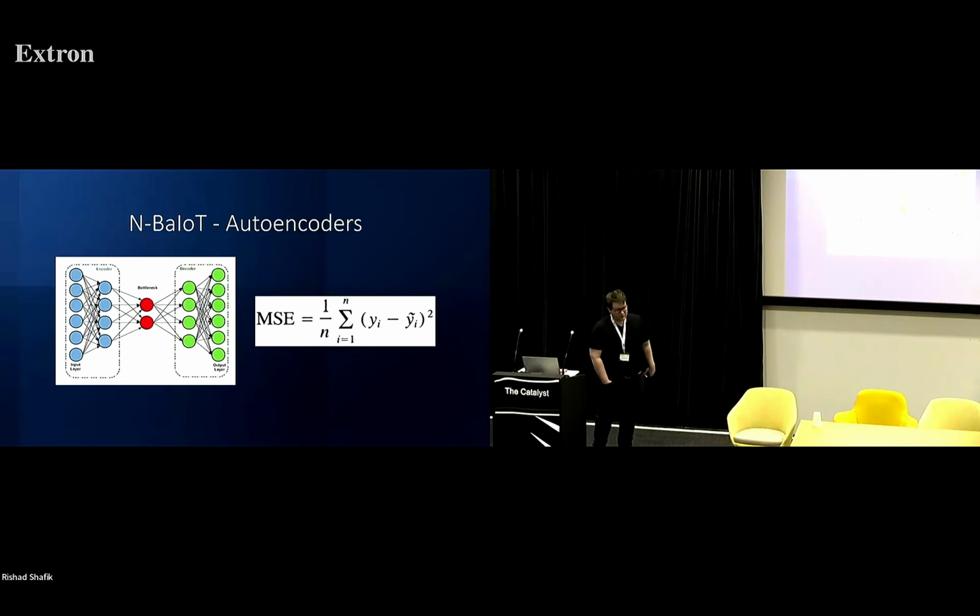Yes. So now you have another method, kind of the same as Kitsune, one we called BA IOT. It uses autoencoders, and you then use mean squared error to measure how certain the network is, or whether it has seen this sample before. If it hasn't, you should get quite a high error,